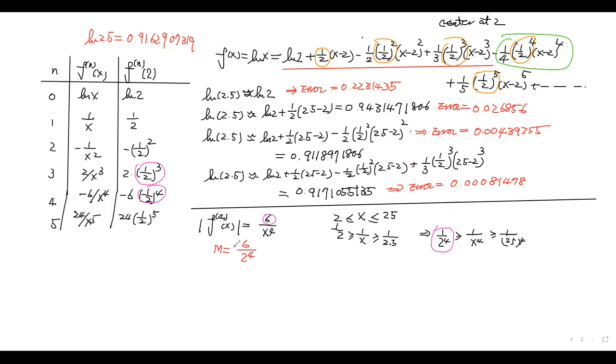So my upper bound here will just be the M, and so it's 6 over 2 to the fourth, over 4 factorial, then times 2.5 minus 2 to the fourth power. And if we do the calculation, this one here,